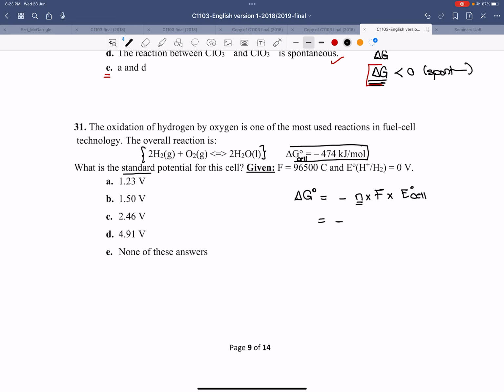What is N? Go back to your reaction. Try to take only one of these half cells and separate them. When you have H2 plus O2 to give you H2O, it means H2O is actually a product of both the oxidation and the reduction reaction. All you have to do is take one, either O2 or H2. So if I take O2